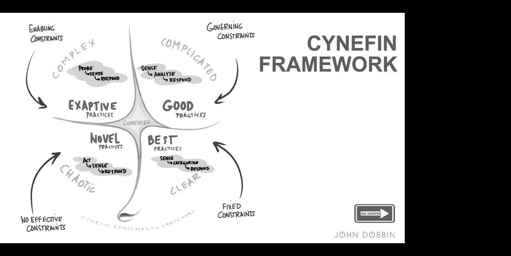Yeah, so complex is very turbulent, very unknown. In complicated, you can predict the future, but it's difficult. In the clear domain, it's very easy to predict the future. And in the chaotic domain, it's impossible to predict the future. You can't do it. See. Clear and possible and hard and impossible.